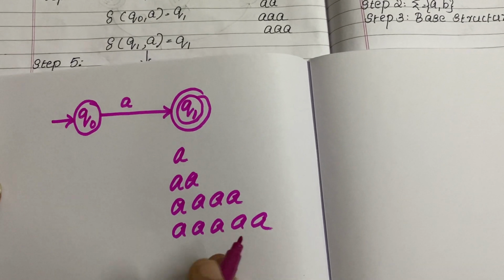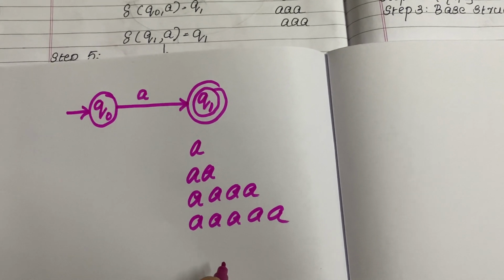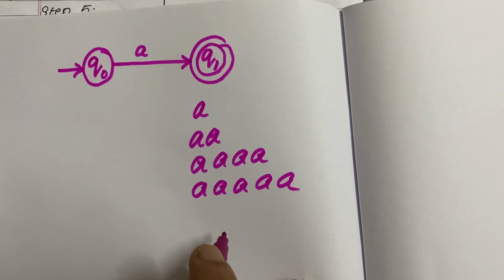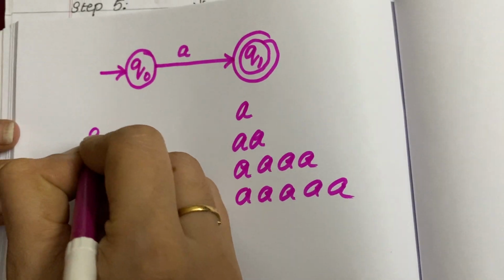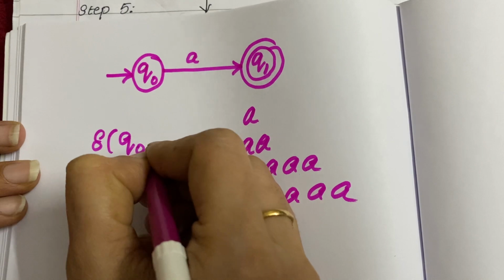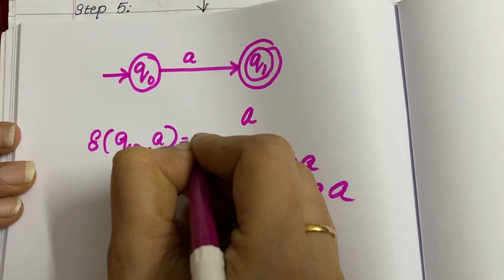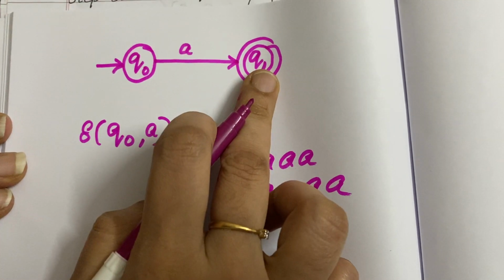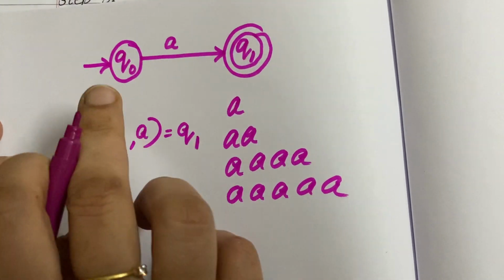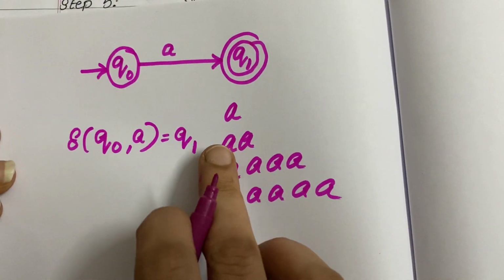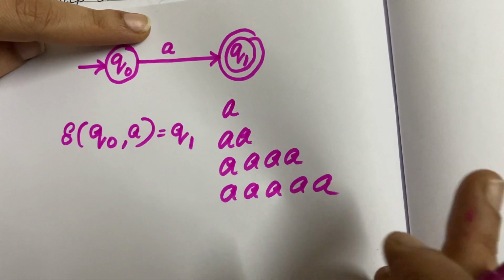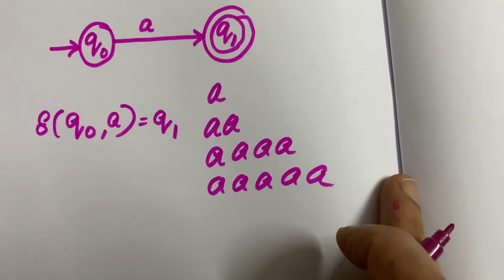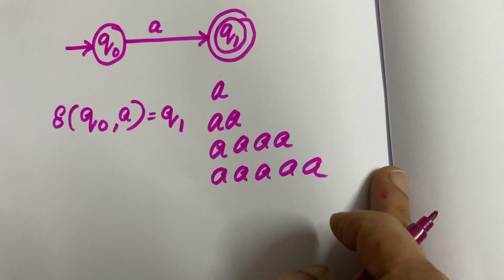I told you about the transitions. Step 4 is to identify the transitions. So we are going to see what the transitions are. The transition function: on accepting A, Q0 goes to Q1. Now, if after this A any number of A's come, what do we have to do? It needs to be accepted, right? There is only the condition of at least one A, and you can have any number of A's.